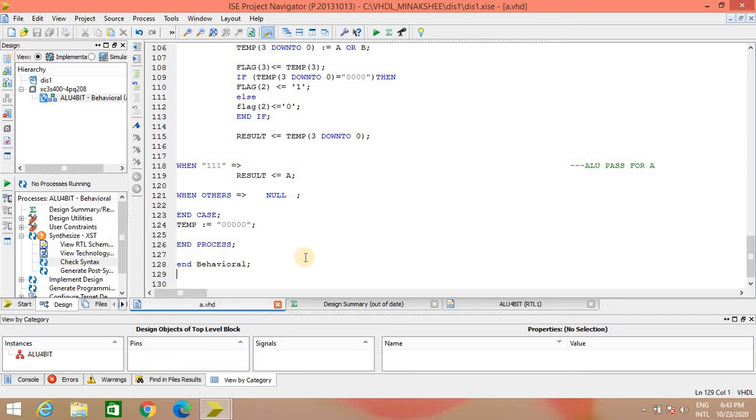Once we have written the code successfully, the first step is to check the syntax. So with Ctrl S, save the code, and then go for the option check syntax. This is the option. Double click on this.